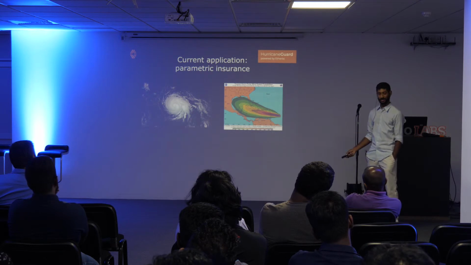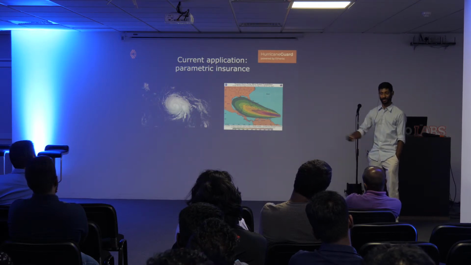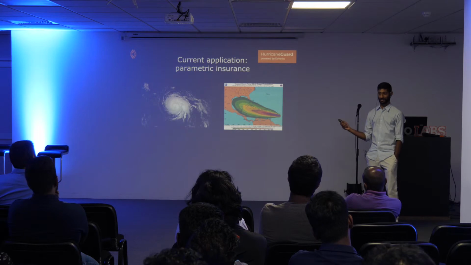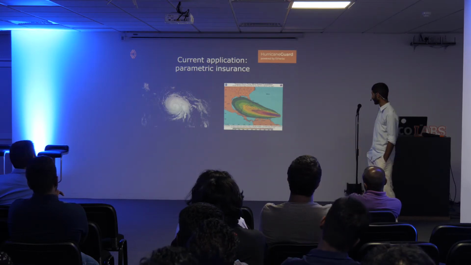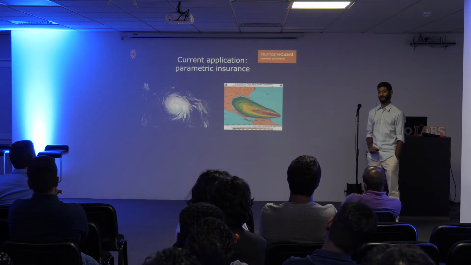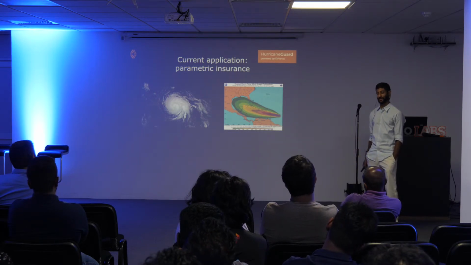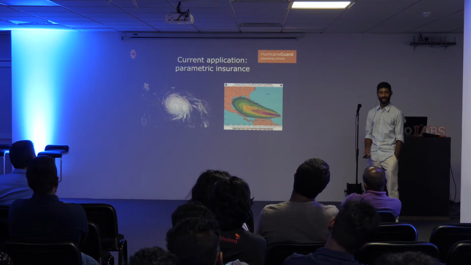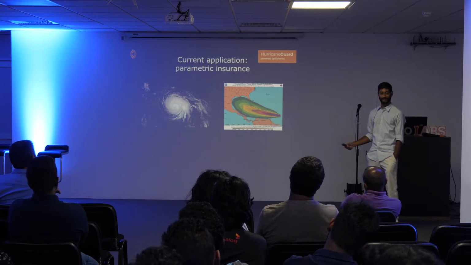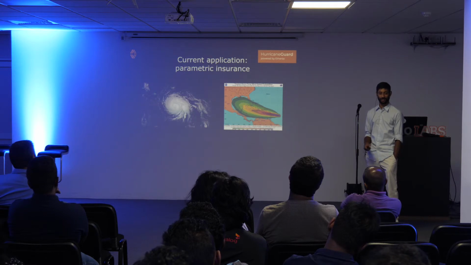So even though they built these complex models, what they really wanted was, should a payout happen? And this achieves the objective of minimizing expensive computation on chain. So for example, if in the last 24 hours, wind speeds on the ground reached above 111 miles per hour, that would classify as a Category 3 hurricane, in which case Rhombus would send to Hurricane Guard a signal that says, pay out everyone in this radius who has been paying premiums for a Category 3 hurricane.